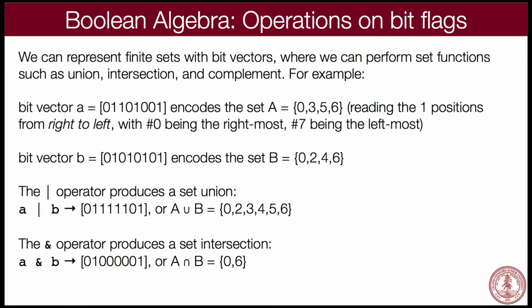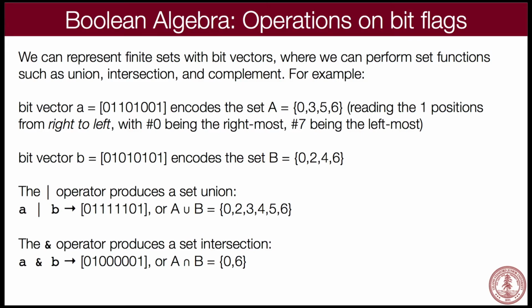Take a minute and think about that. All we're saying is take these bits and consider them as if it's a 1, it means that number for the bit number is represented. So the 1 there is the 0th one, so this set has a 0 in it, because it's a 1. The 2 does not have a 0, so there's no 2 over here. That's all that means. For B, it's the same sort of thing.